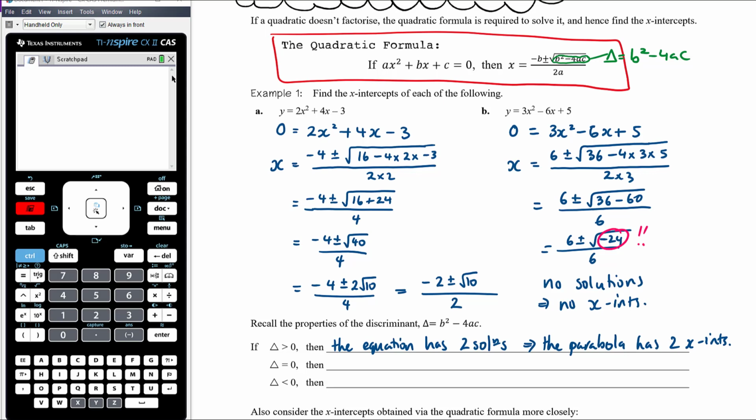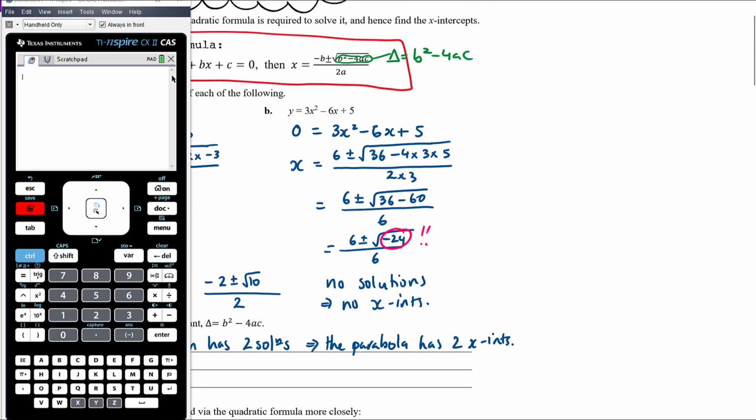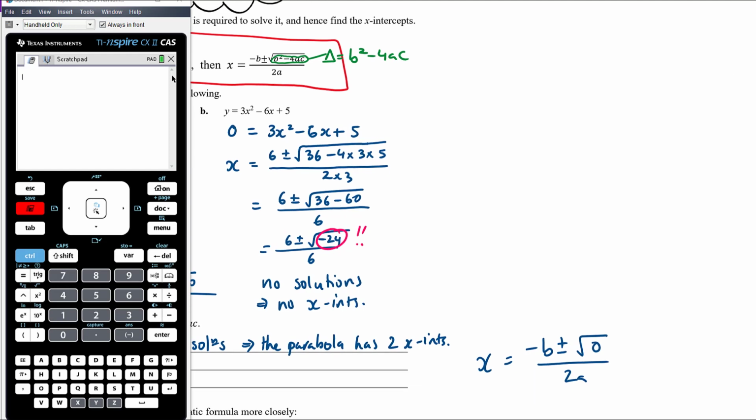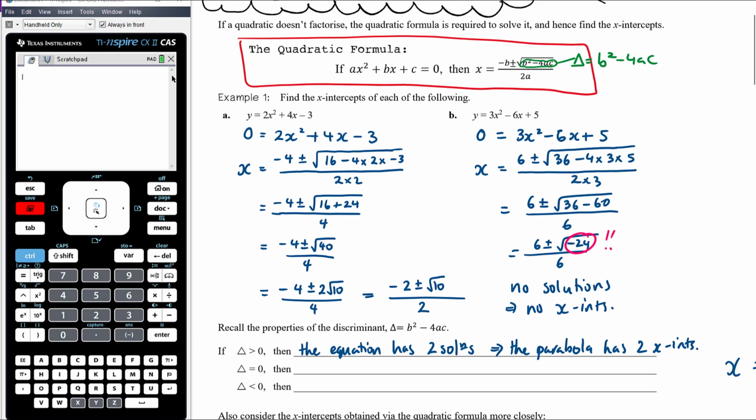If the discriminant were to equal 0, in our quadratic formula, what would happen? We'd get solutions negative b plus or minus the square root of 0 all over 2a, and the square root of 0 is just 0. Whether we're adding or subtracting 0, it's still just 0, and so actually we don't get two solutions, we just get one solution, which is negative b on 2a. Okay, so then if the discriminant equals 0, then the equation has one solution, which means the parabola has one